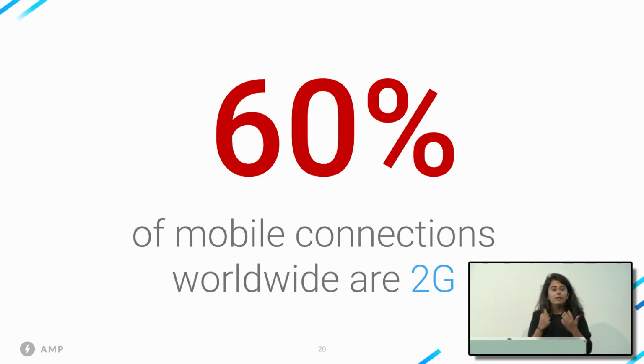You would be wrong. 60% of mobile web connections are actually on 2G. And this is 60% of your population, 60% of your users. So when you think about your page's website speed, you need to think about who you're actually catering to. Are you catering to those who buy costly phones in first world countries and who have 4G speed, which is 40% of the population or less? Or do you want to target your website to the entire world's population that has access to the internet?